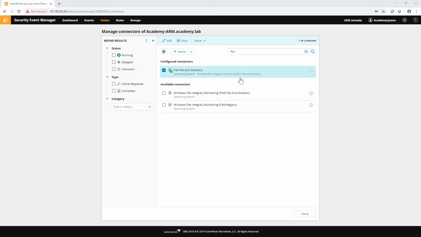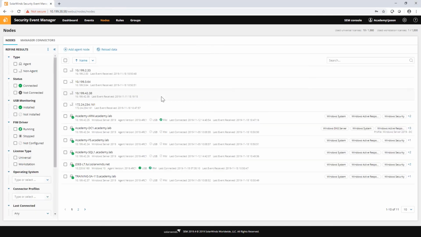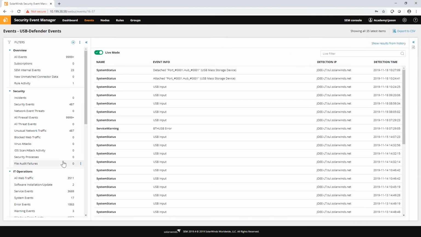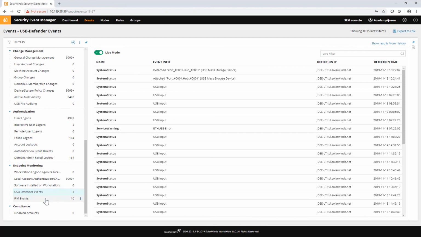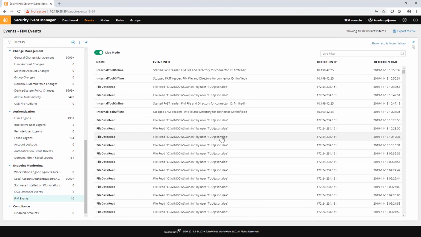If we wanted to have a quick look at what these events look like, I can head to my Events tab, and I have a FIM folder down here. And you'll see that these are all pretty much the standard file creates, file deletes, file reads, file data reads, file data writes, etc. All these different file auditing related events that we're going to see here.